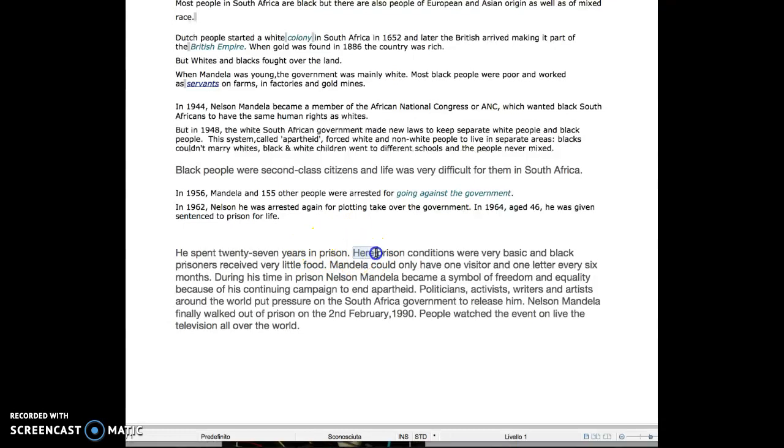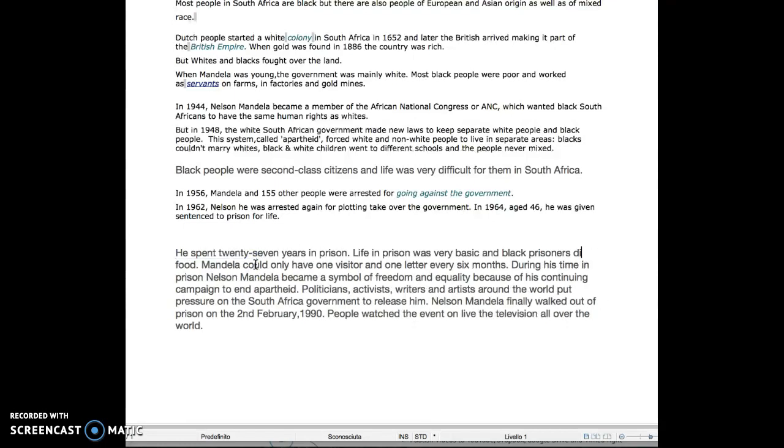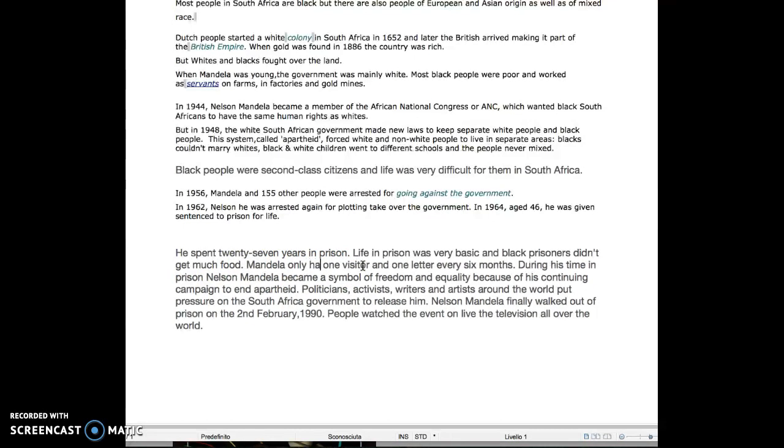The prison life in prison was very basic, and black prisoners didn't get much food. Mandela could only have one visitor and one letter every 6 months. So we could say Mandela only had one visitor and one letter every 6 months,